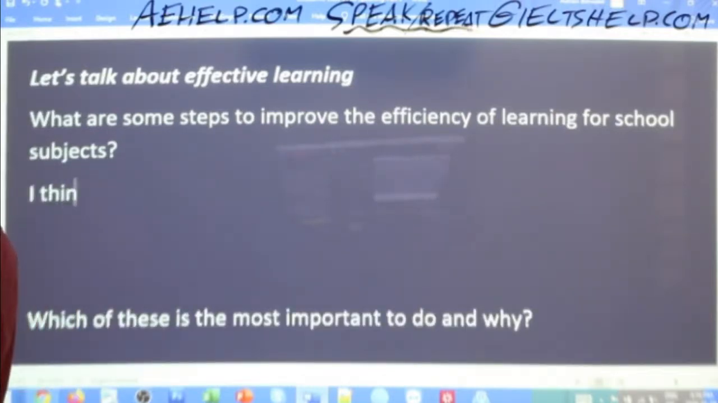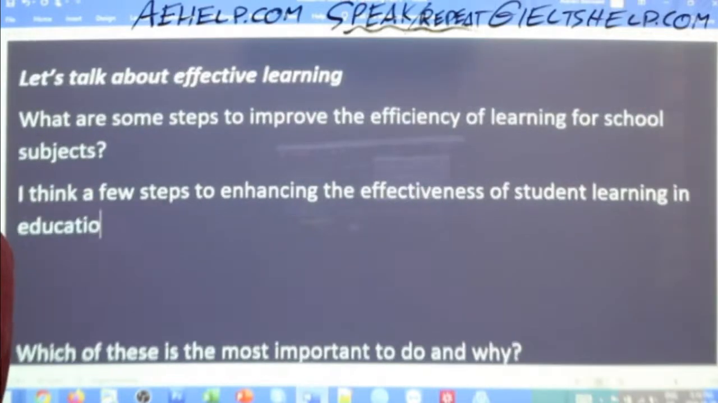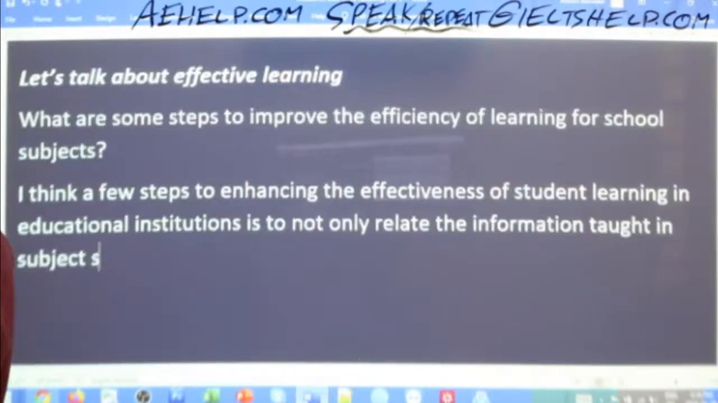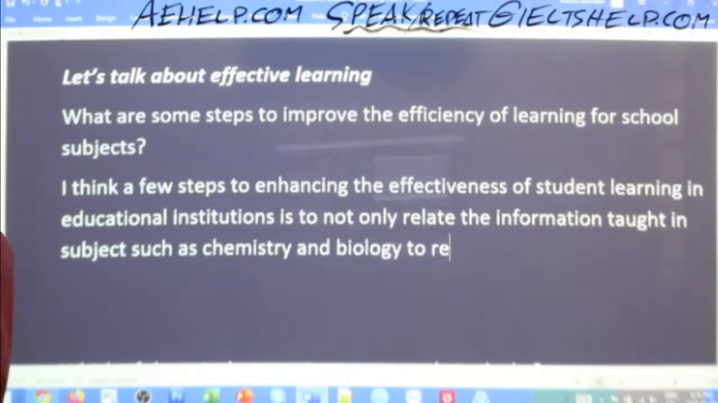I think a few steps to enhancing the effectiveness of student learning in educational institutions is to not only relate the information taught in subjects such as chemistry and biology to real world contexts,